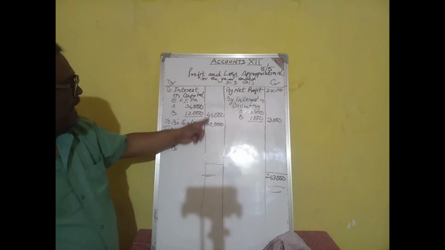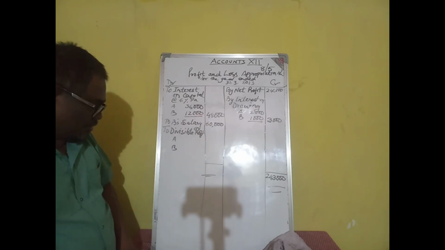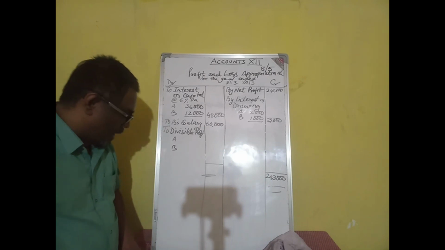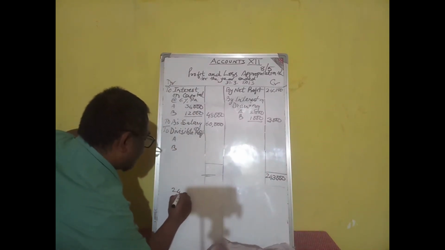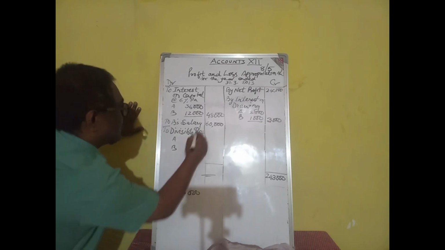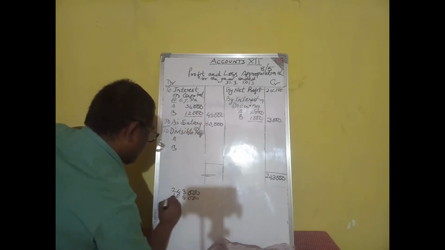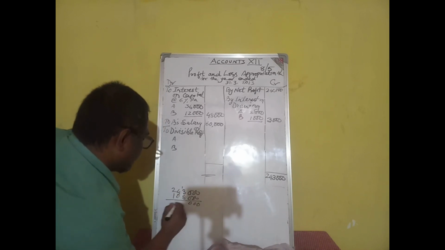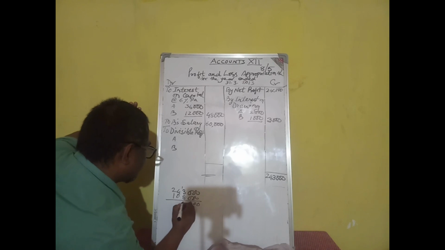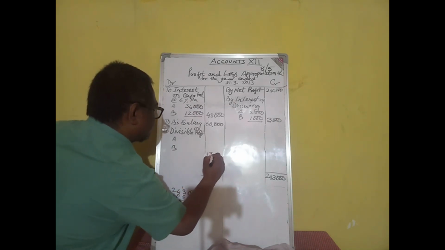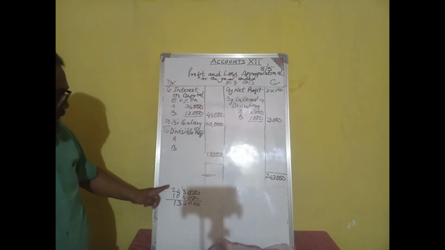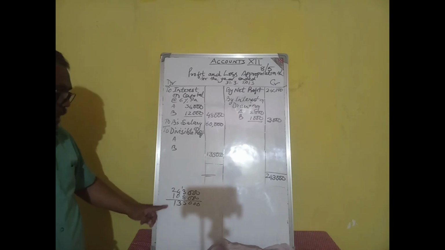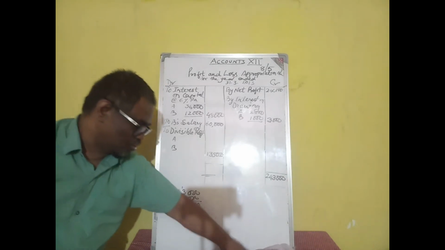2,43,000 minus 1,08,000. So credit total is 2,43,000, debit total is 1,08,000. 2,43,000 minus 1,08,000, we got 1,35,000 as divisible profit, and this divisible profit is to be divided among A and